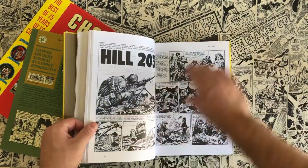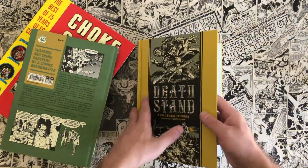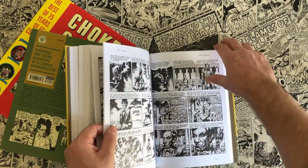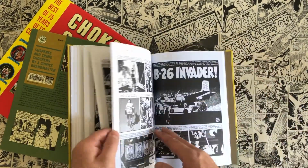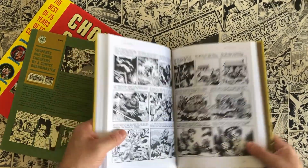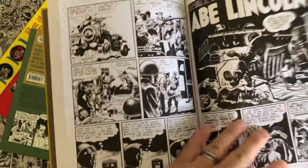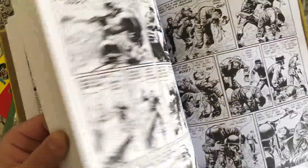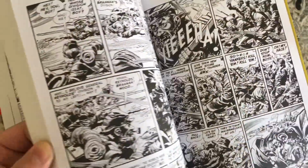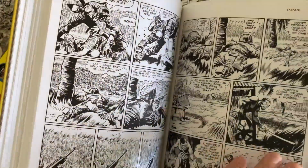Jack Davis has some other collections through this series. I think he has a couple horror collections and maybe a sci-fi one. I don't know if he does sci-fi or not. But these are all black and white, and I think I prefer these to the colored editions just because they feel like they fit the artwork better. The modern colors kind of, I feel like, take away from the artwork a little bit, and how great the line work was, and the